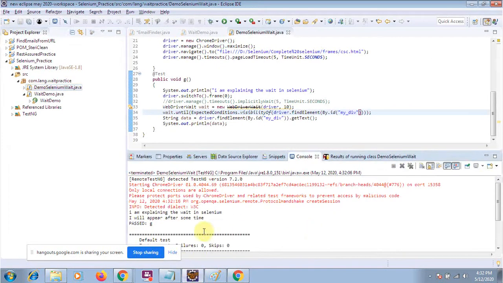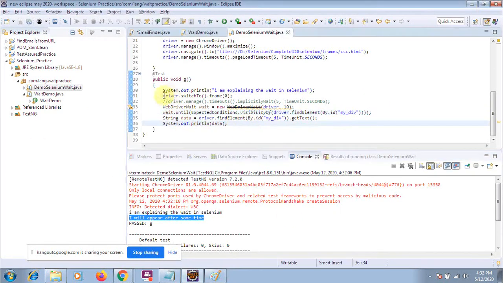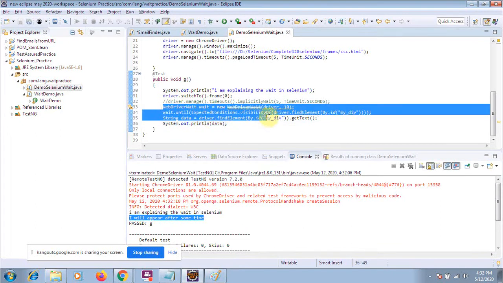Now see, your element has been printed. You can see in the previous run it was not able to print this one. Now your text, which appears after some time, is getting printed out. So it purely depends on what the actual condition is and how you apply it. This is the demo of how you will apply the different kinds of the wait.